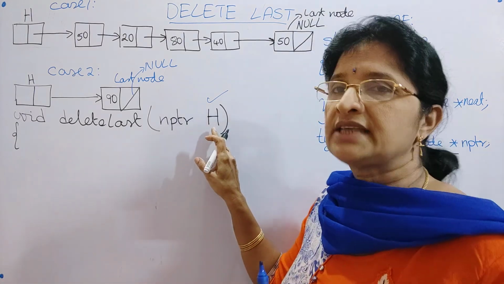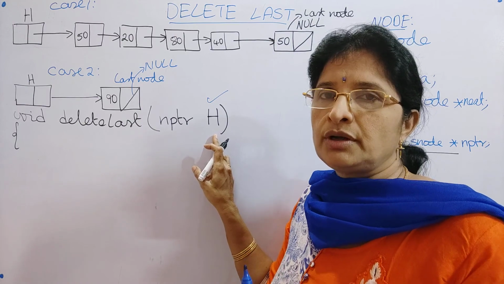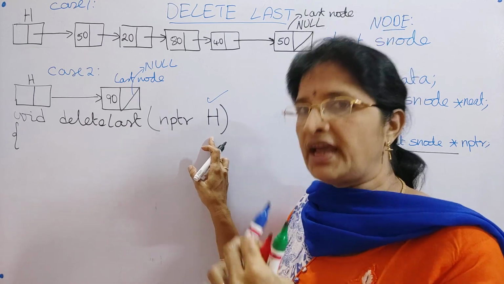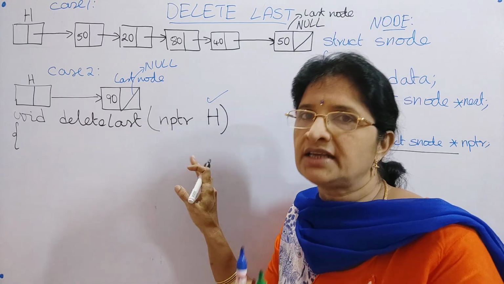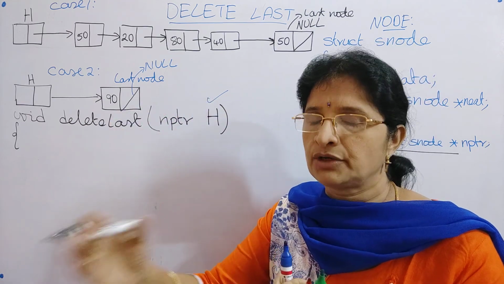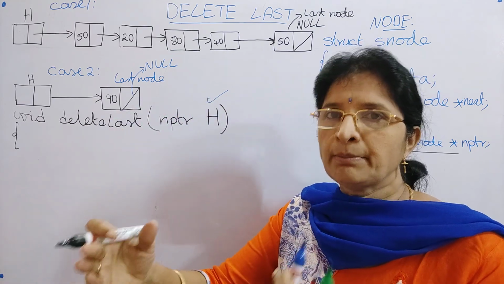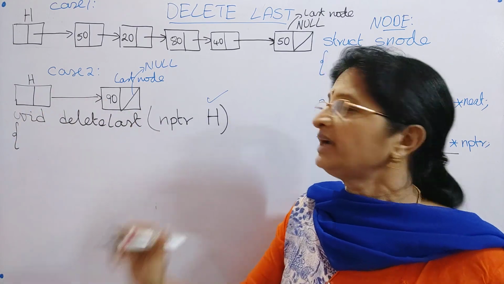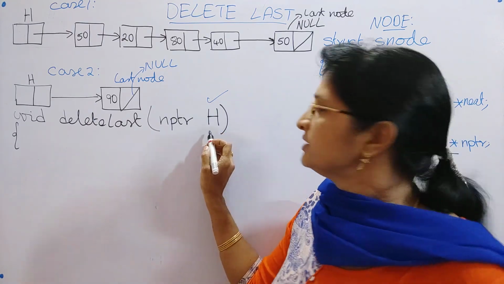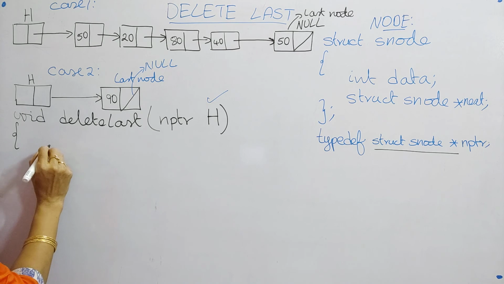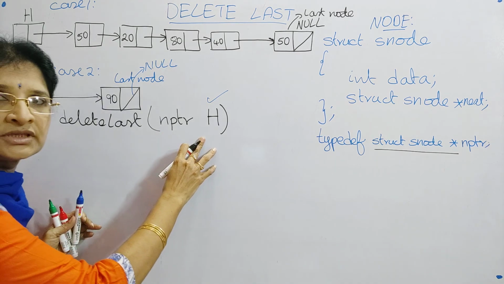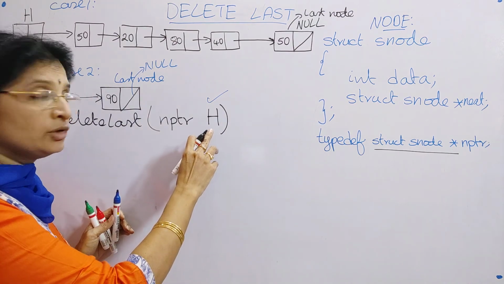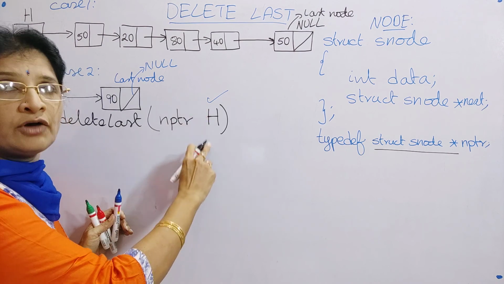So this h address must not be used anywhere on the left hand side of your assignment operator. It must be used only on the right hand side, so that you can assign this address to some other temporary variable, and you can perform whatever changes you want on that temporary variable, but you should not use this h. So here I will use a temporary variable temp in order to access the address of my linked list.